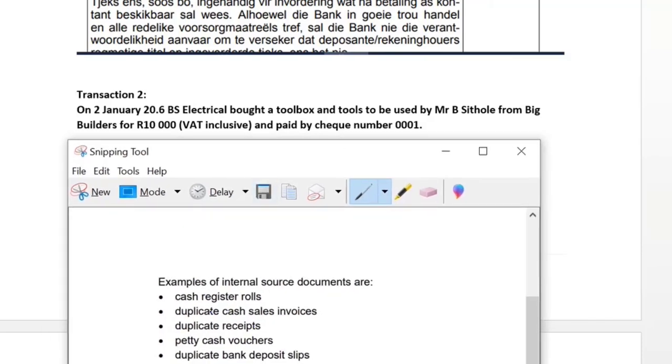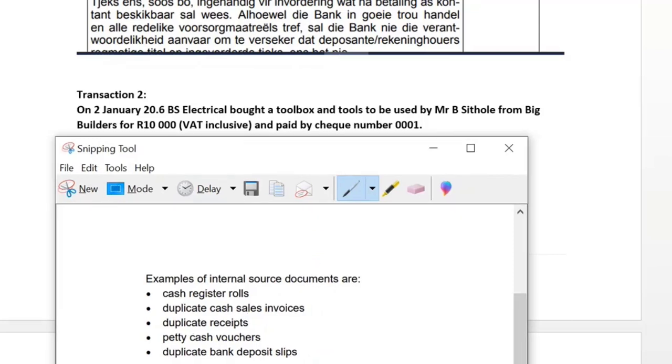So remember, in this example of internal source documents, there's also a check counterfoil. Don't forget there's also a check counterfoil in here. I want you to look at this and see if there is any source document, and whether this is internal source documents or